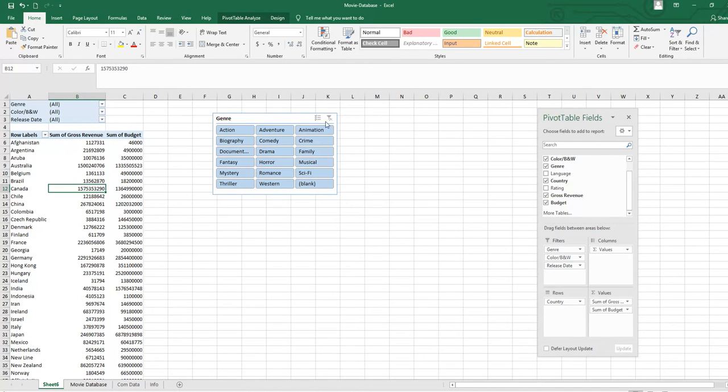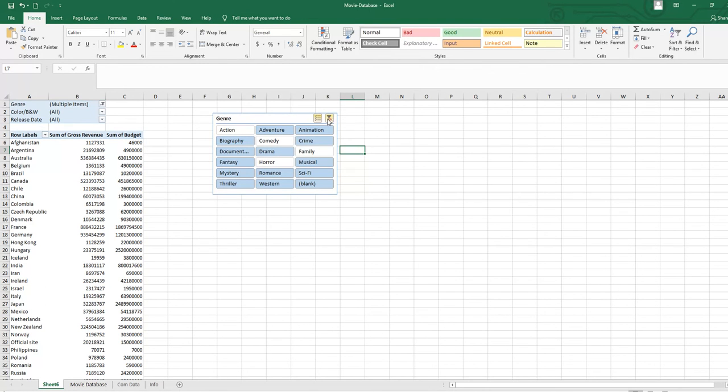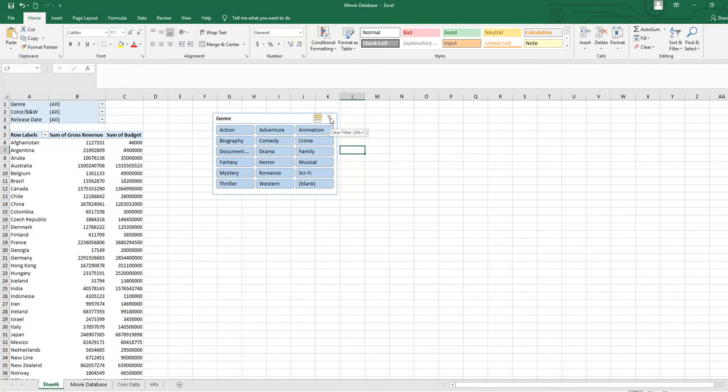Same thing if I need multiple categories, what you have to do here is clear this filter. These are the 3 check marks, so just click on these 3 check marks, and I say action I need, comedy, horror, family. So see, now there are 4 items selected, and this is the gross revenue and budget of the 4 items. So in this way, if we use the insert slicer function, everything is handy. You can select, and if you want to clear the filter, just click here.